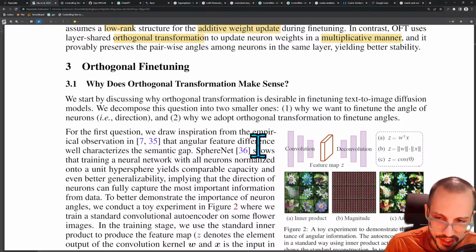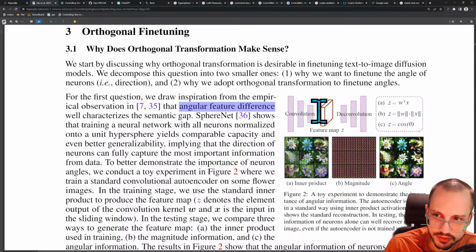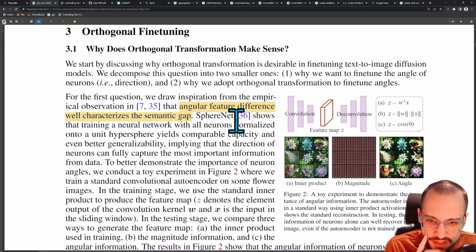All right, so they're going to explain to us kind of the reasoning behind this. "We draw inspiration from the empirical observation that angular feature difference well characterizes the semantic gap. SphereNet shows that training a neural network with all neurons normalized onto a unit hypersphere" normalized onto a unit hypersphere basically means that,